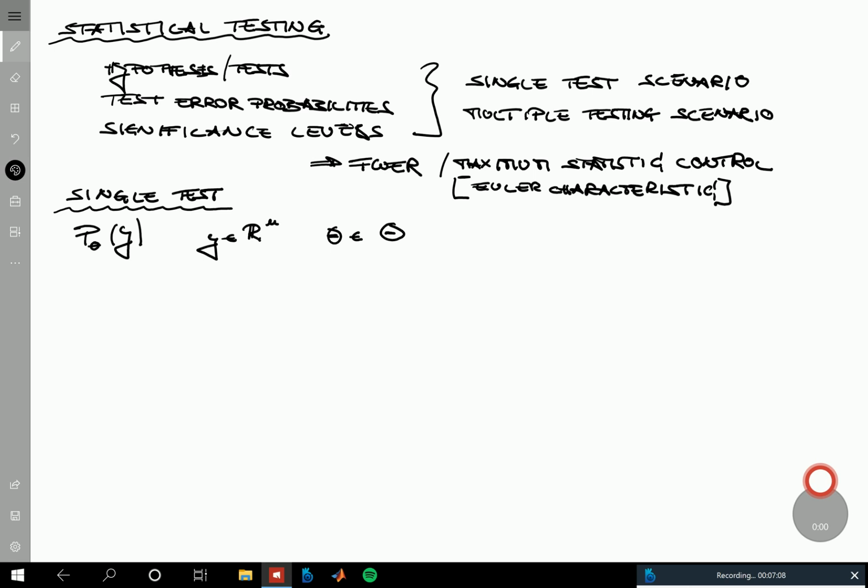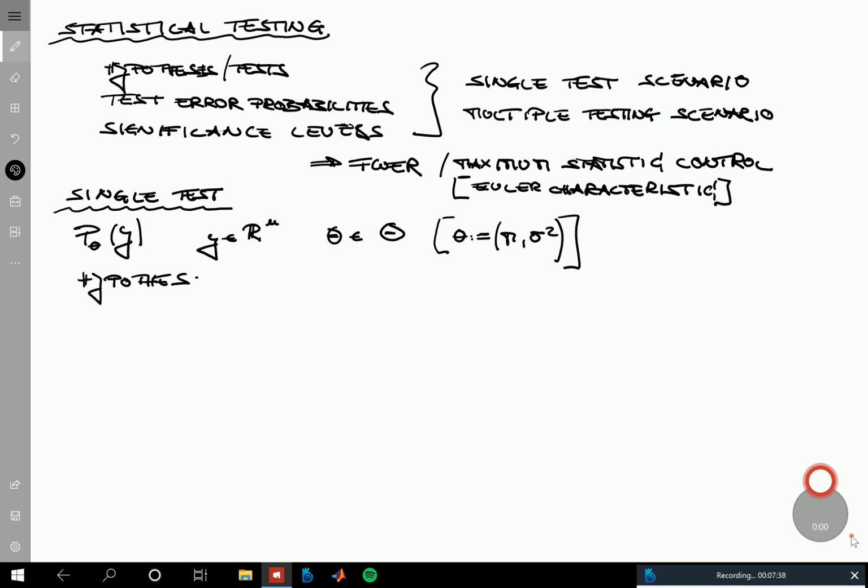For example, if you think about normally distributed data, then theta would be the expectation parameter and the variance parameter. Yeah, so that would be an example. So that's the basic assumption, and then we already established last time that if we talk about hypotheses in statistical